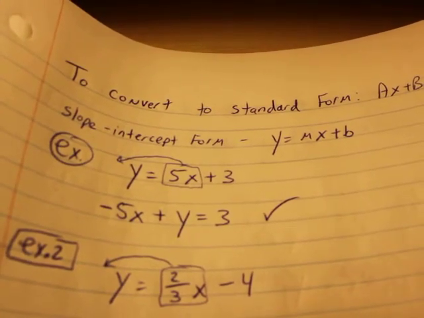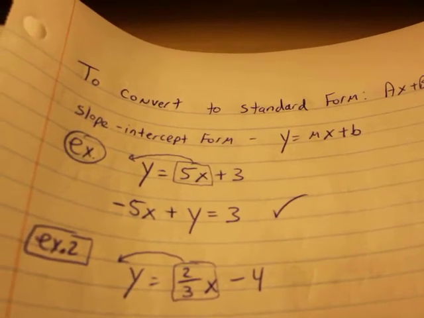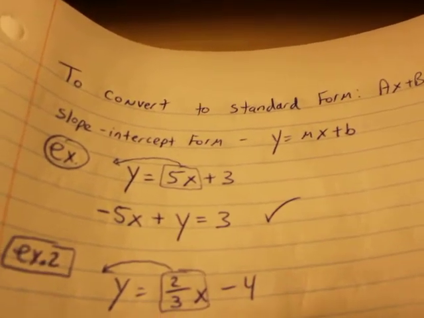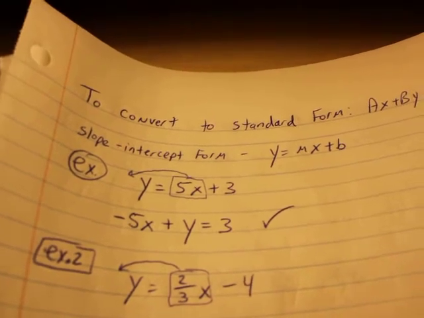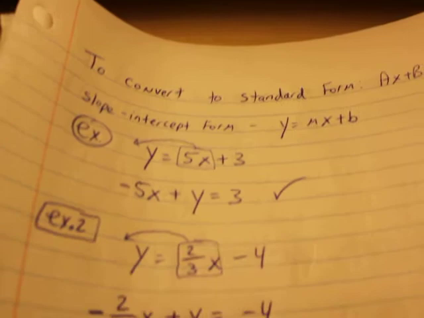So my first example was really easy. If I just bring the positive 5x over to the other side, it becomes minus 5x. And obviously that's a positive y. And you're done. So I hope they're all that easy, right? Wouldn't it be great to have a test with 20 problems like that? However, sometimes the